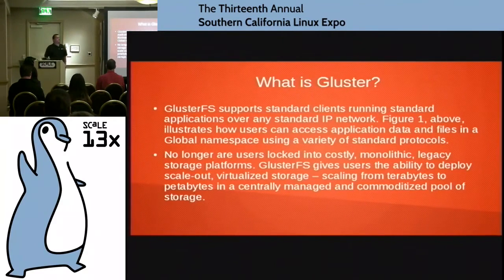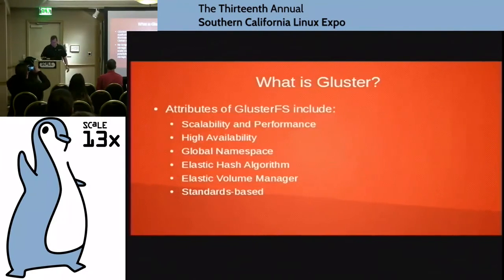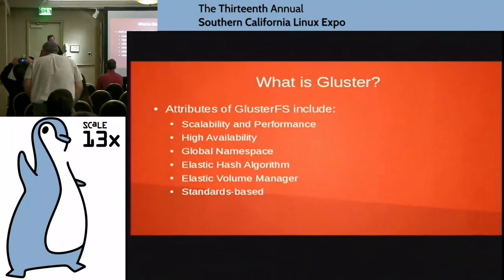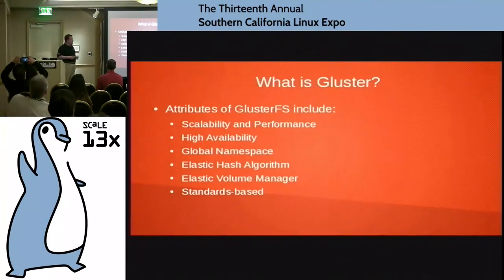I am doing this presentation on Fedora 21. Red Hat has a commercially supported offering that's available via subscription. But if you want to use it for free out of the community, more power to you. We love you. Keep doing it. That's good stuff. All right, so the attributes of the GlusterFS namespace include scalability and performance. Potentially, these slides are going to be available, man. You can take pictures all you want, but you can have the slide deck.